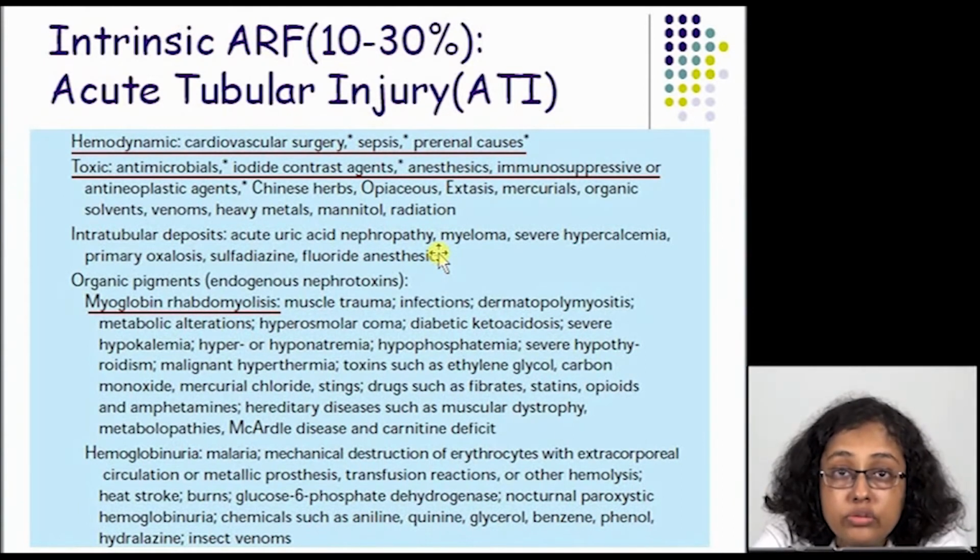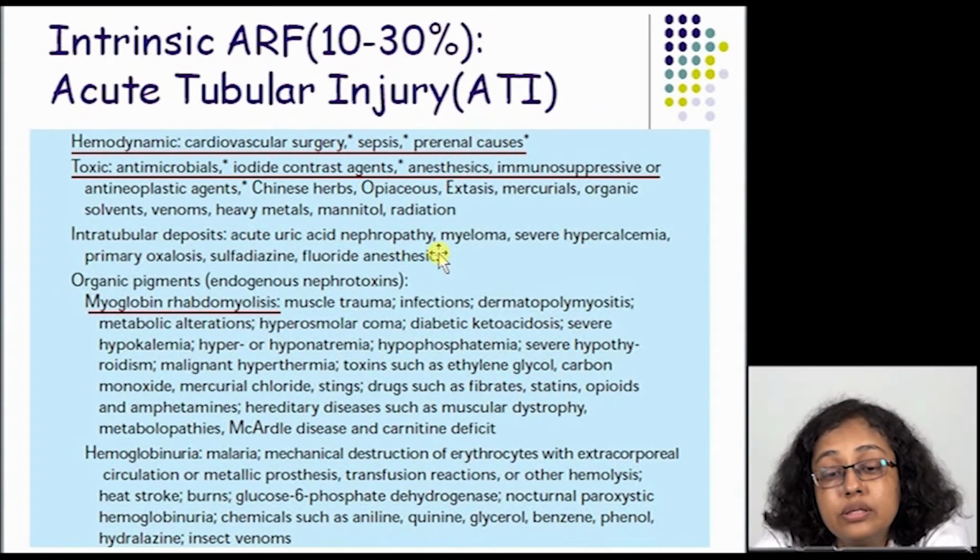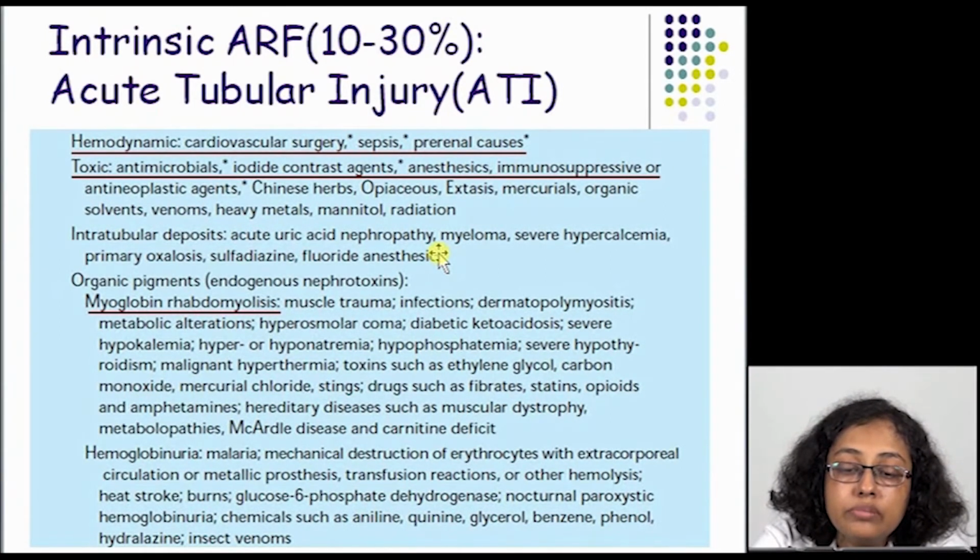Radio contrast agents, which are commonly used for CT scan, coronary angiographies. Immunosuppressive drugs like cyclosporin. Some alternative medicines like Chinese herbs are known to cause it. Heavy metals, especially mercury, are known to cause acute tubular injury. Snake venoms, radiation injury. Certain molecules, sometimes some disease conditions which produce excessive proteins like multiple myeloma, very high